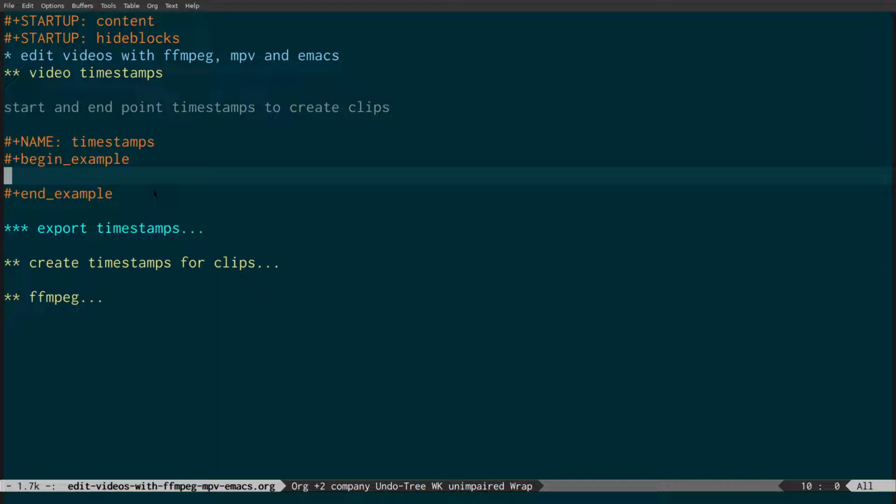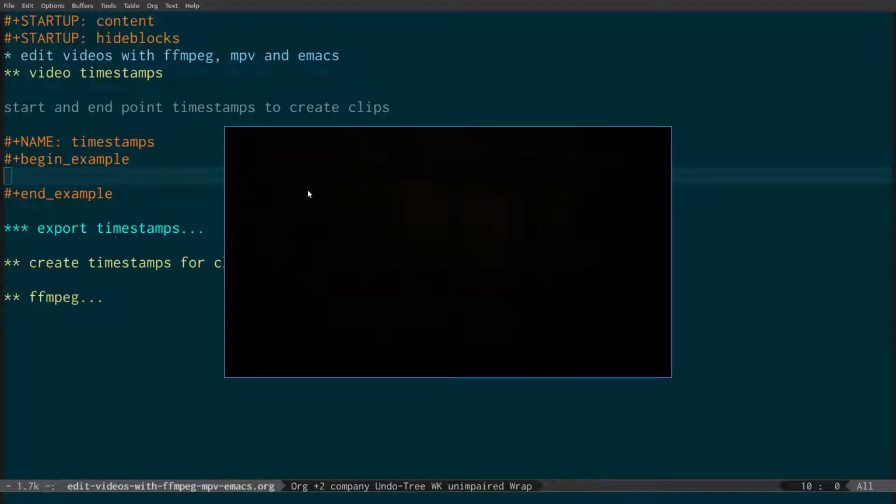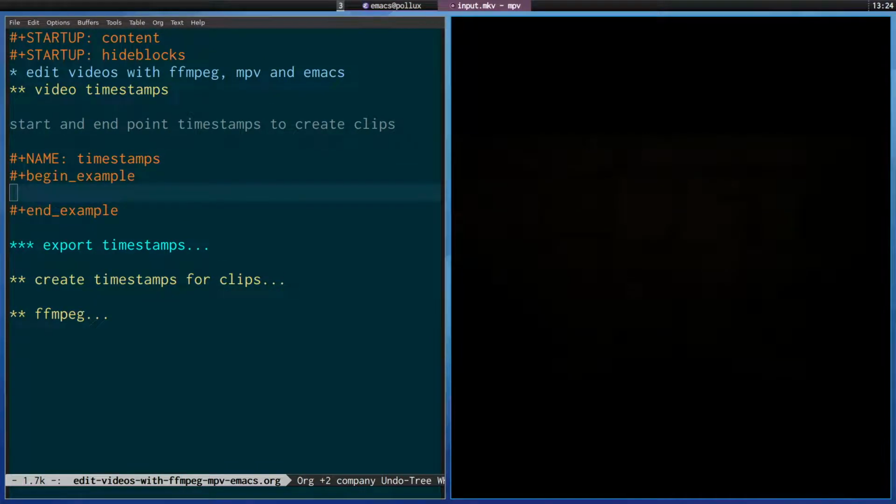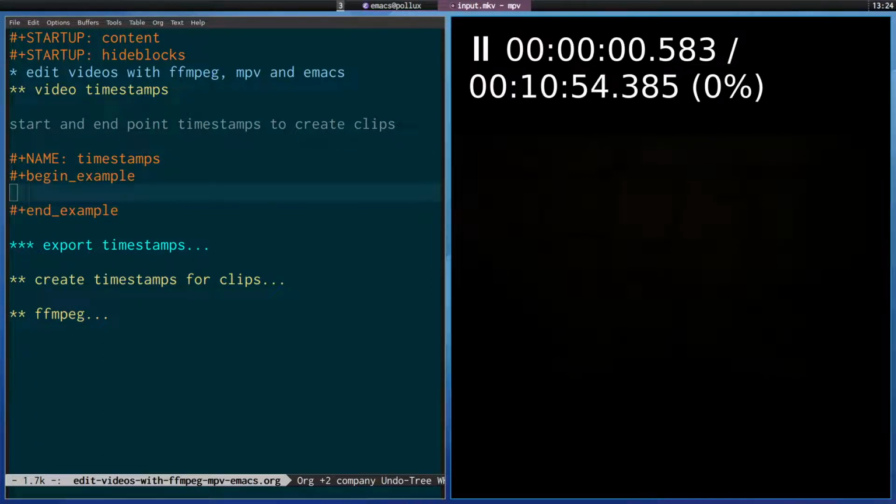So what I'm going to do is run meta-x MPV play. I'm going to open this video, which is Elephant's Dream, which is a video by Blender. It's an open source video, and I've got emacs MPV selected here. I'm going to press capital O on the keyboard, which is going to show the on-screen display and show the